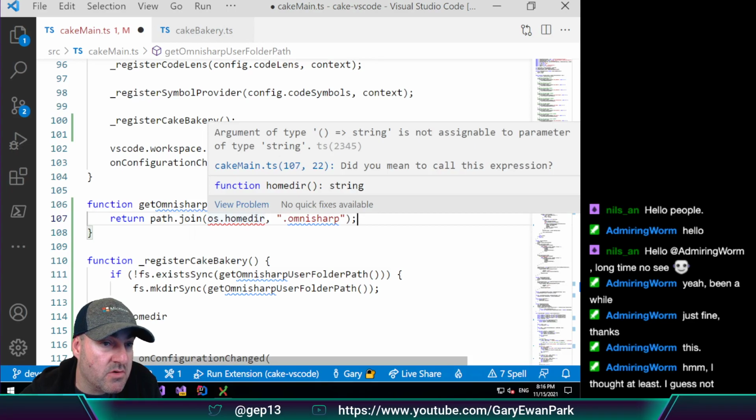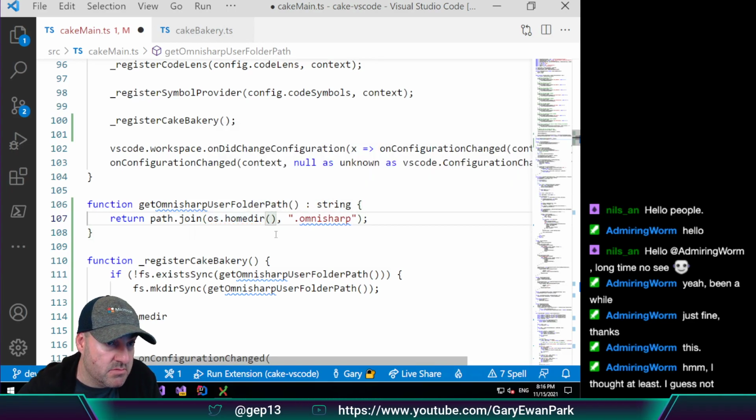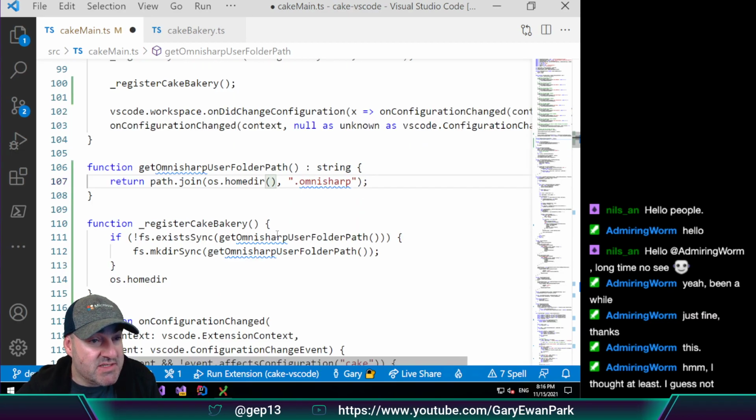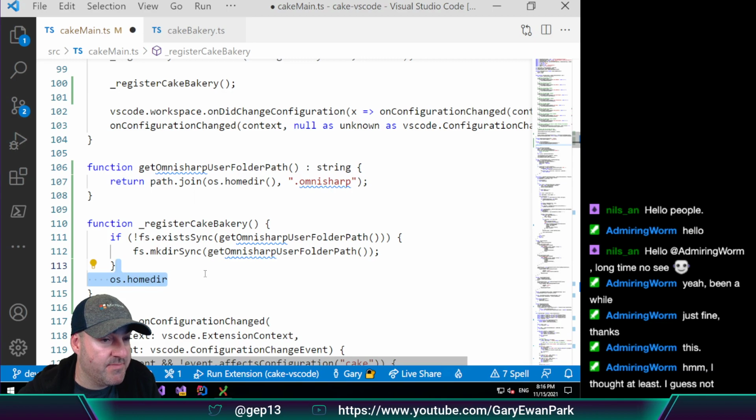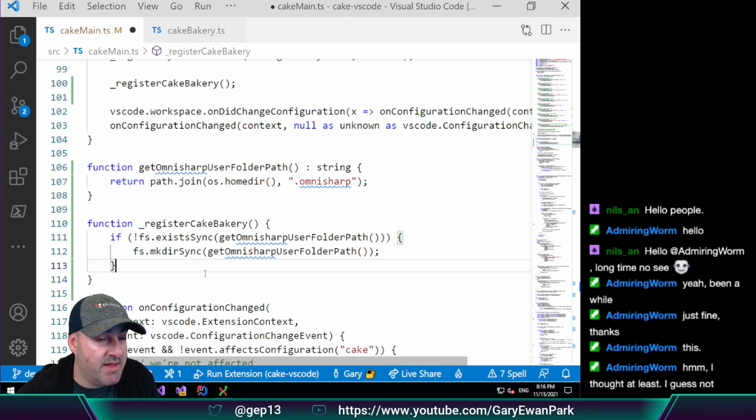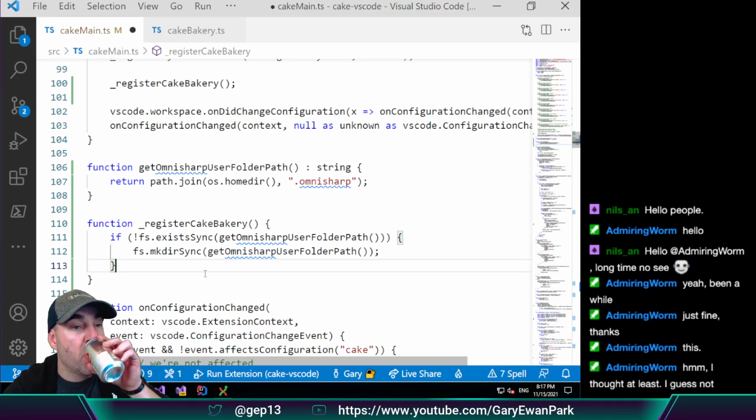Did you mean to call this? Maybe. Okay. So if exists, if it doesn't exist, Omnisharp user folder path, make the directory Omnisharp folder path. Happy days. Okay. And then fs. Now